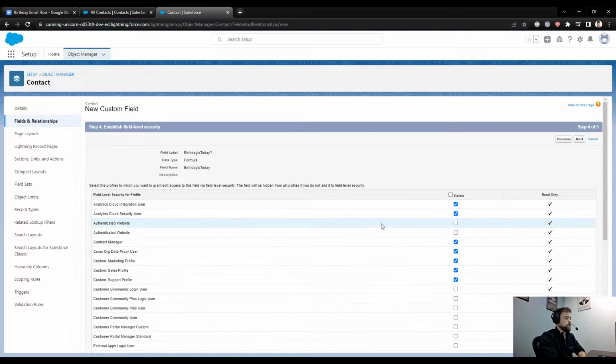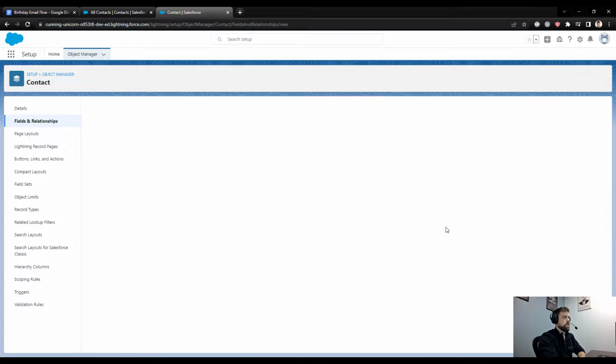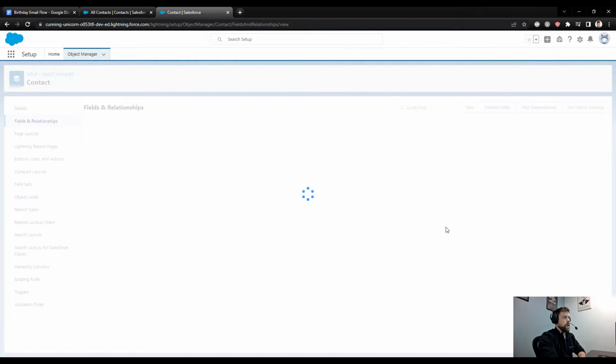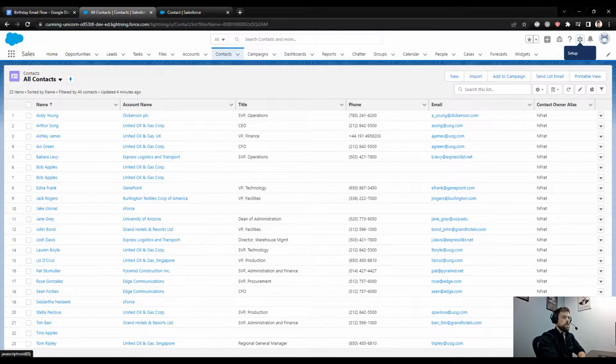Might take a second to load. There it goes. I'm going to make it visible to everyone and press next. I'm going to add it to every layout and press save. And now what I'm going to do is navigate back to our contacts tab, and I'm going